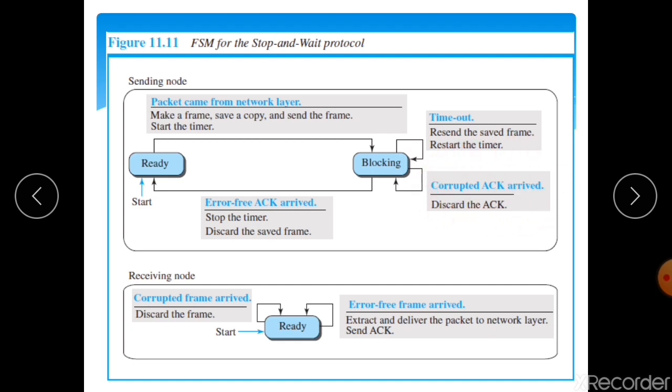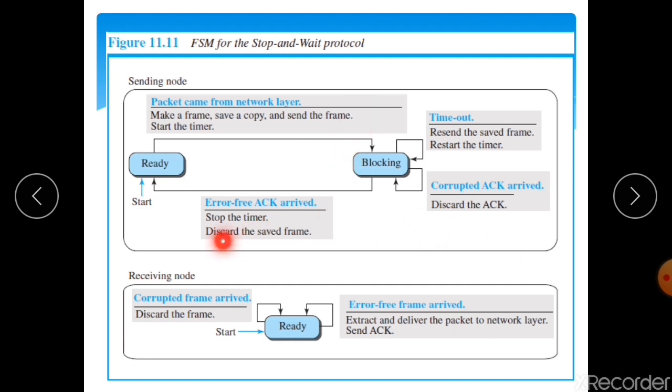If an error-free acknowledgement arrives, the sender stops the timer and discards the saved copy of that frame, and then moves into the ready state. So now it is ready to accept the next packet from the network layer.